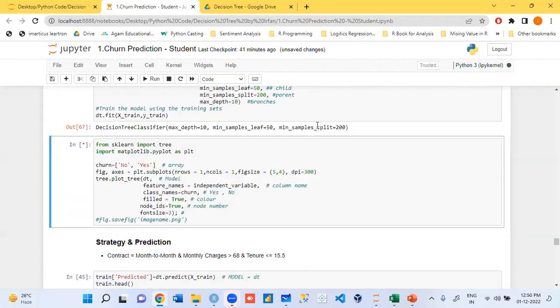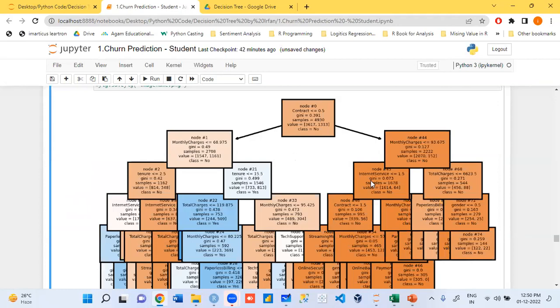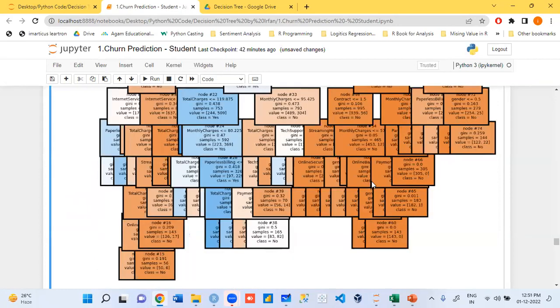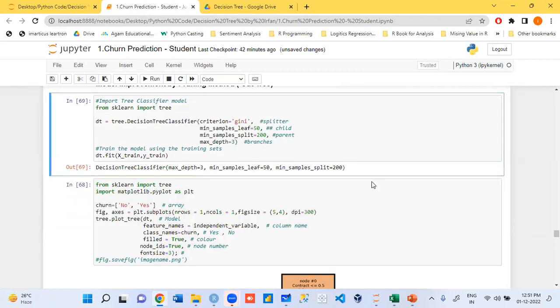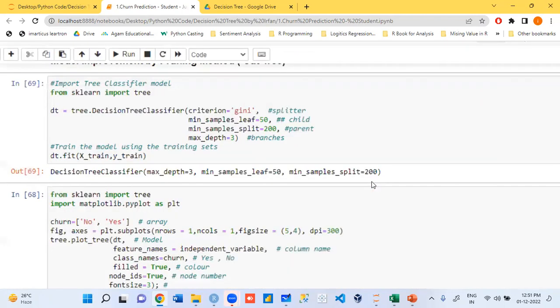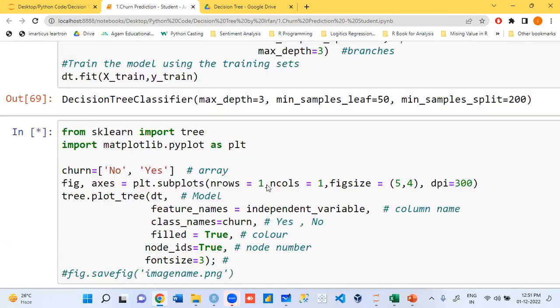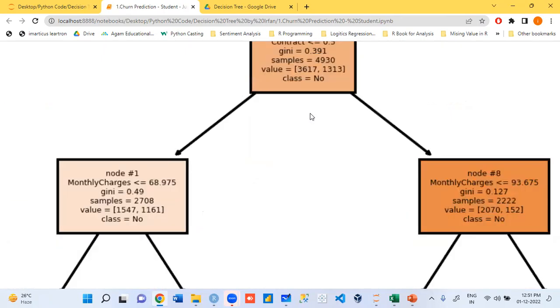How many branches have we taken? 3. First branch, second branch, third branch. Clear, guys? Now this is readable.